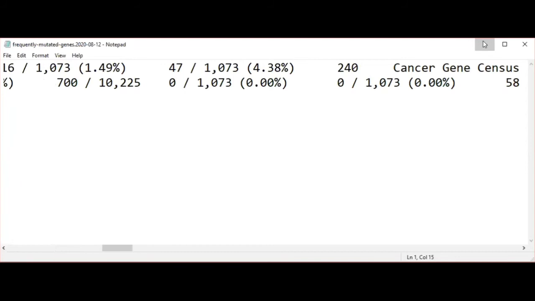So I will just show you what information they have for only a particular gene. I will just click on the TP53 gene. So here you can see the summary of the particular gene, the name of the gene, what type of gene it is. It is a protein coding gene, and in which chromosome location it has been affected.